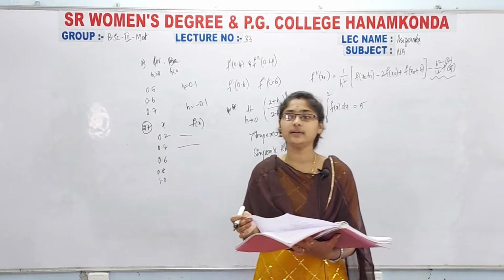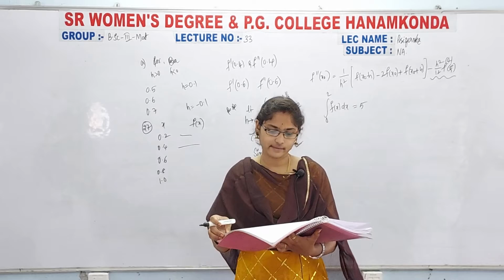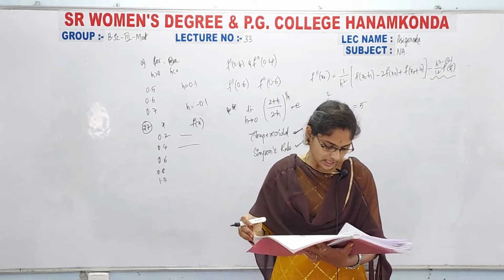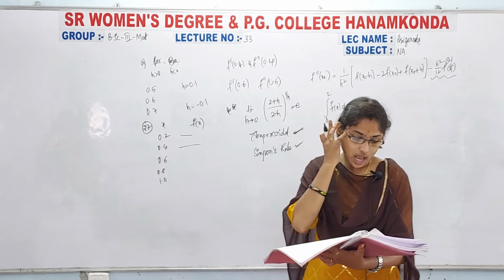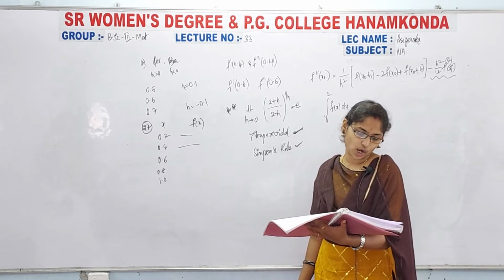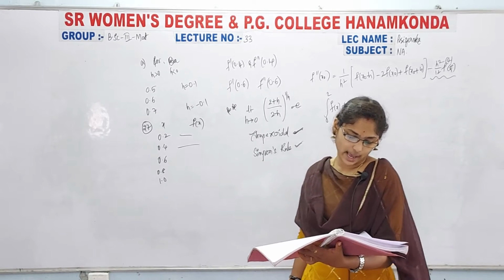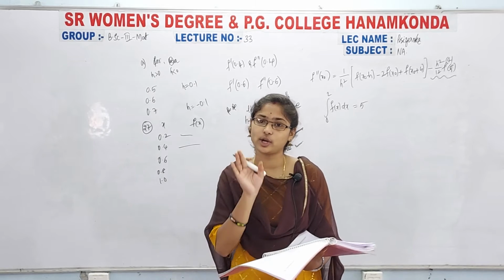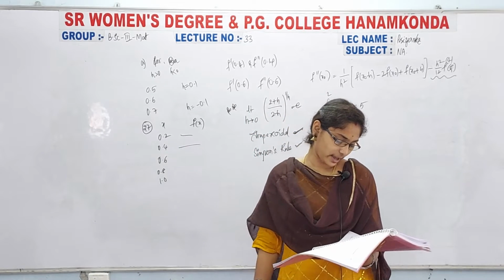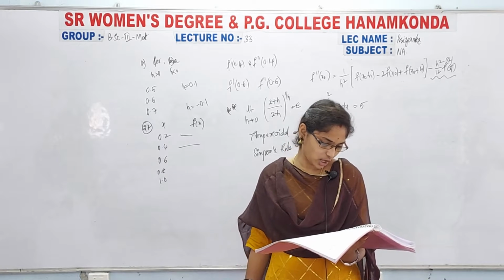Next we have the topic composite numerical integration. In that again we have a formula for the trapezoidal. Okay, so I will continue the practical and after that I will give the formulas for this. Now the next problem is use the composite trapezoidal rule with the indicated values n to approximate the following integral. Again in the practical they gave the trapezoidal for composite. Okay, next for the next problem also simply they gave the composite trapezoidal.